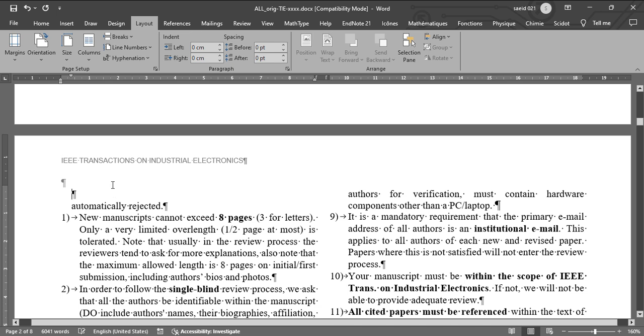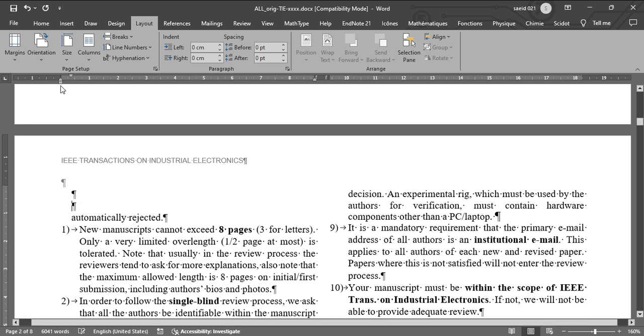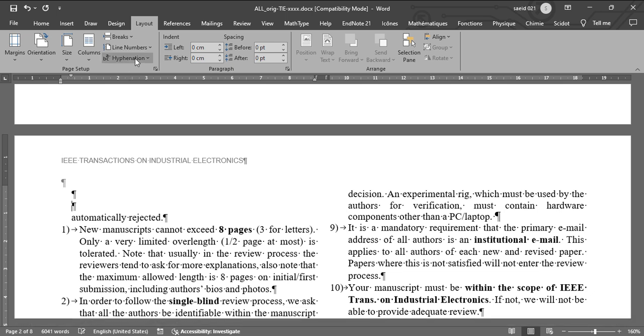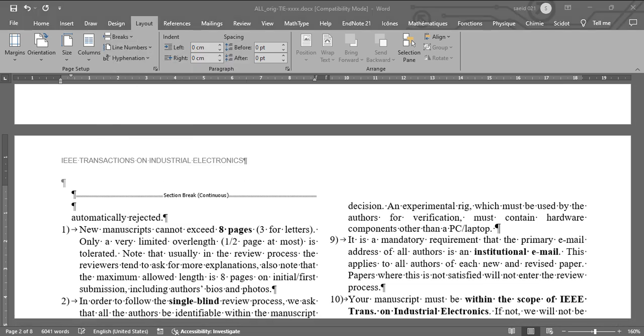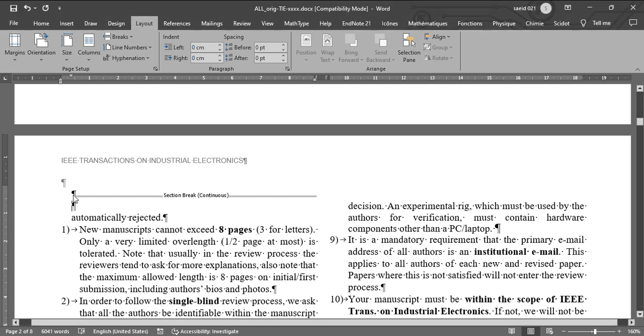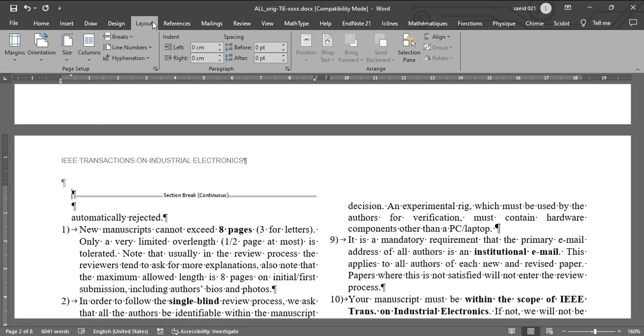Press enter again and then go back to the same menu and select Section Break Continuous one more time. Here you can see that your section break is created. Set the cursor here and then go to the Layout tab and Columns section